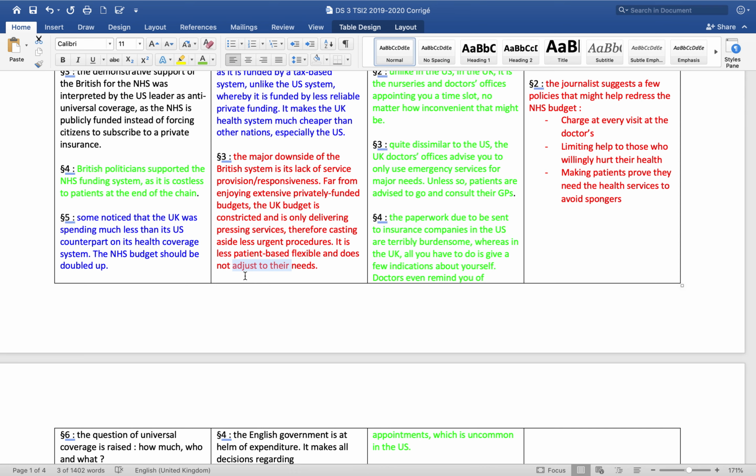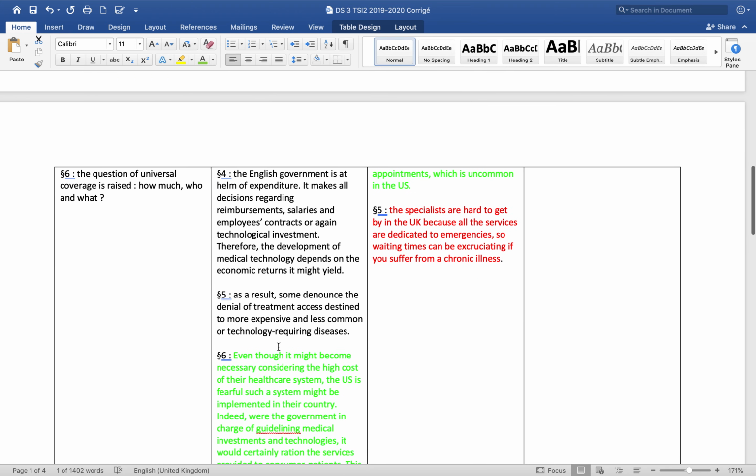They can ask for what they want because they use private companies in the US. So when you use a private company, you can ask anything you want to this private company. When it's the state which decides what you do with the money, the state says, no, we're not spending all our money on things which are not necessary to your health, right? So it's less patient-based, right? It's more what is necessary to the system.